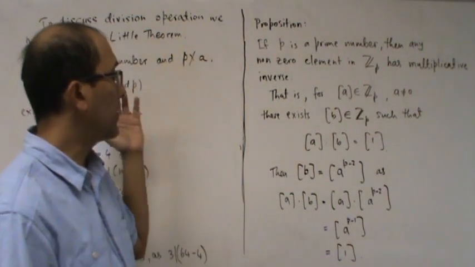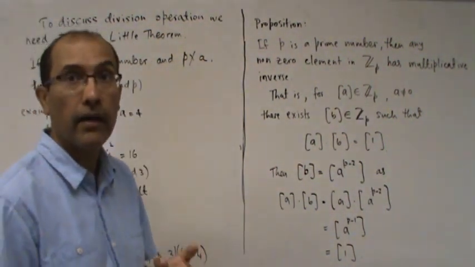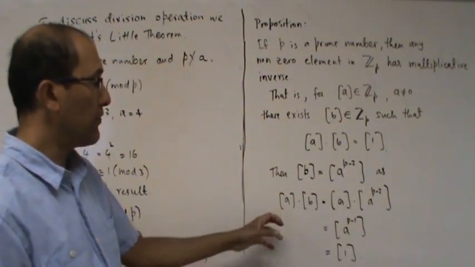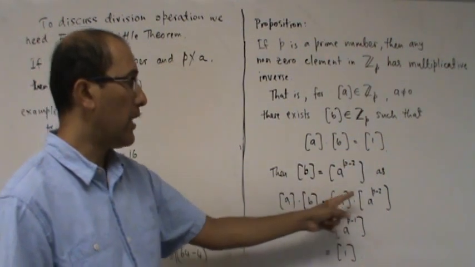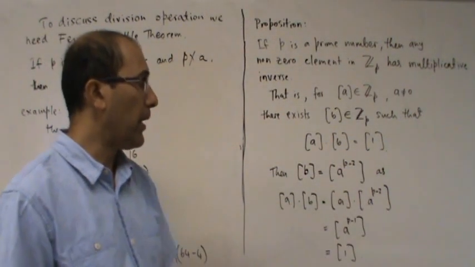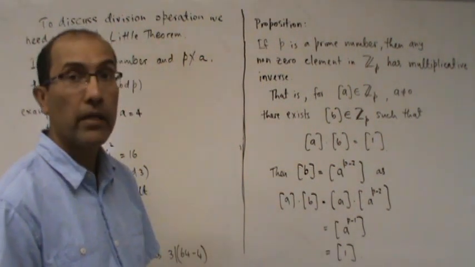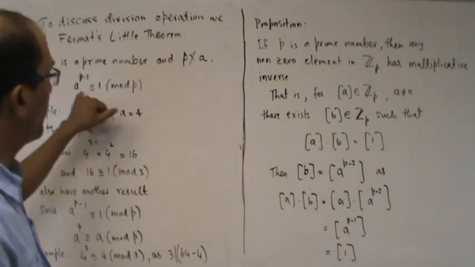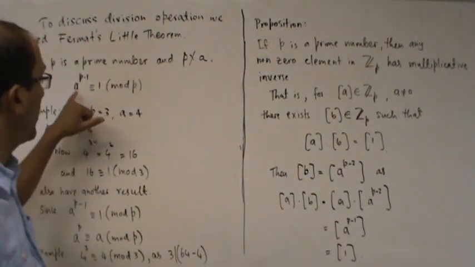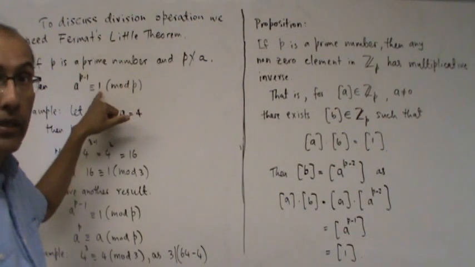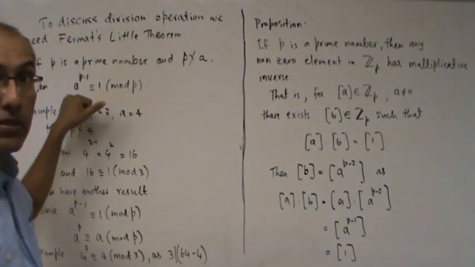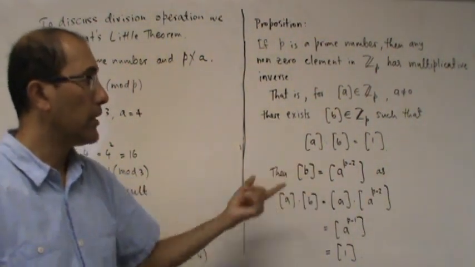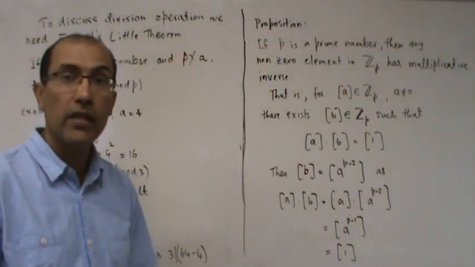And Fermat's little theorem actually gives us this inverse. B is A to the P minus 2, because if you go A times B, that's A times A to the P minus 2, that's A to the P minus 1 when I add the exponents. And we already know from Fermat's theorem that A to the P minus 1 is related to 1. So the equivalence class of A to the P minus 1 is the equivalence class of 1, and that's what we want to show. Therefore Fermat's little theorem gives us this interesting